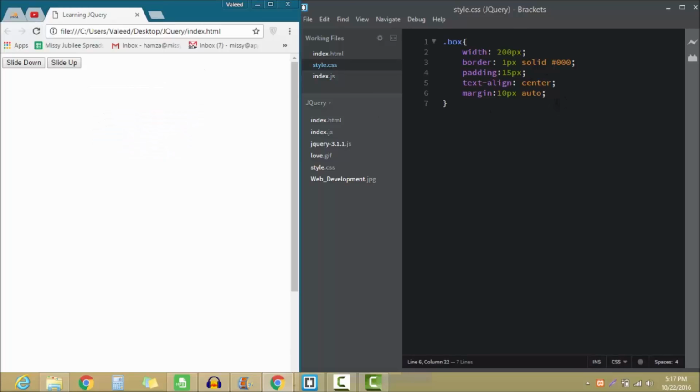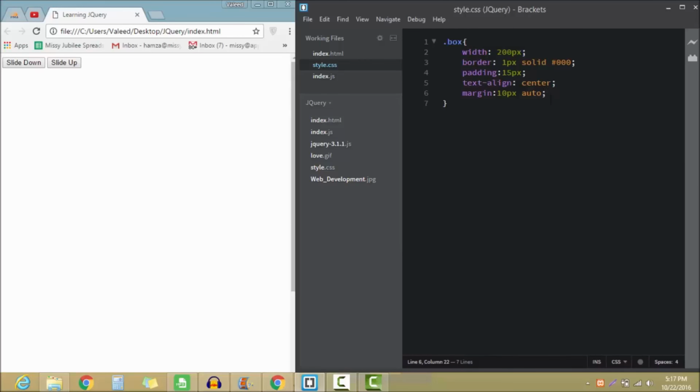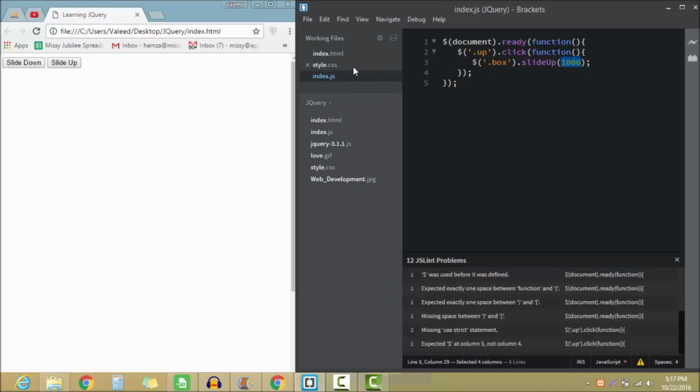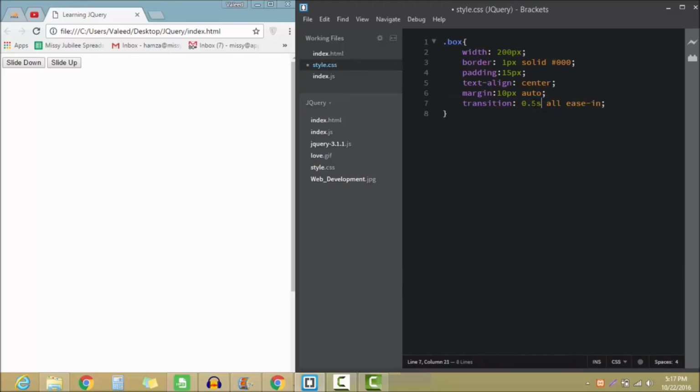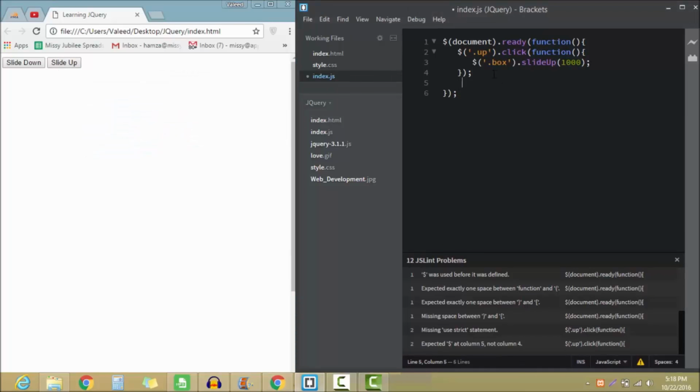So I need to remove the transition value from here to use the duration value, because these two values, the transition value and the jQuery timer, collide with each other. So I need to remove the transition from here to use the jQuery timer. So right over here, when I click the slide up function, you guys will notice that the box will slide up. So now let's do the same with